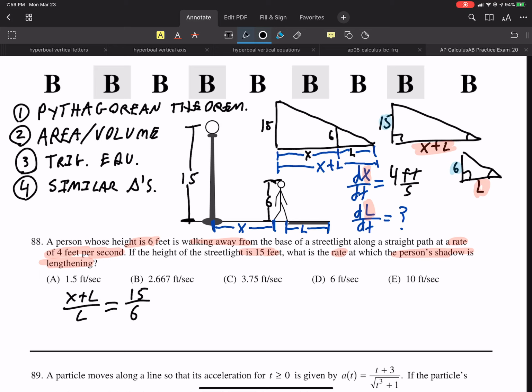I'm going to multiply both sides by 6L. L's cancel, 6's cancel. That's going to get me